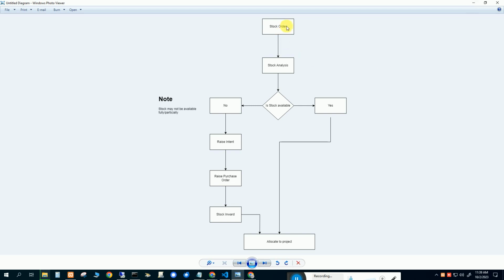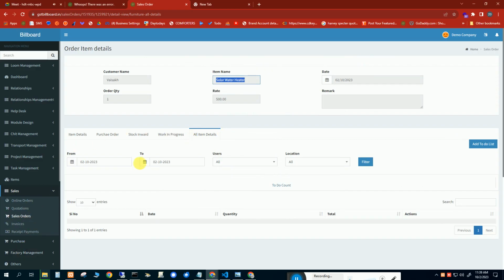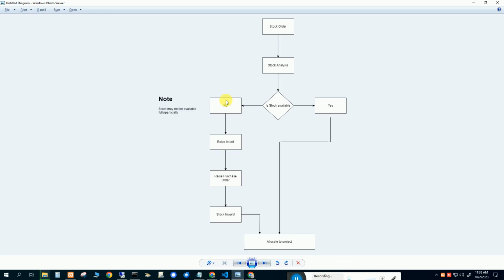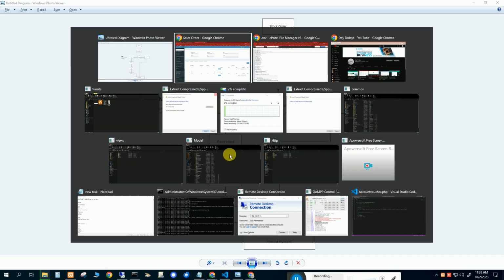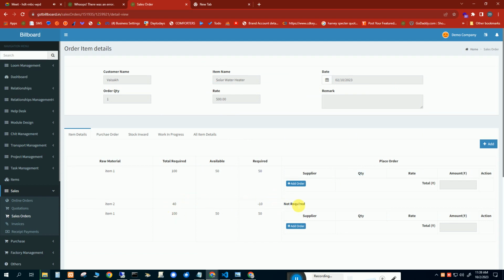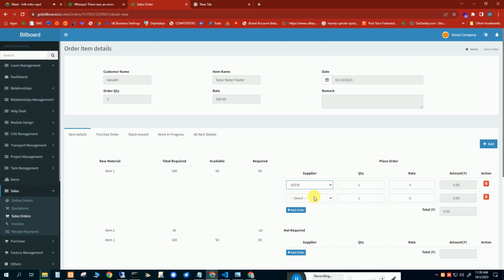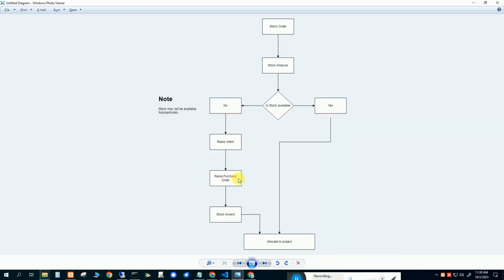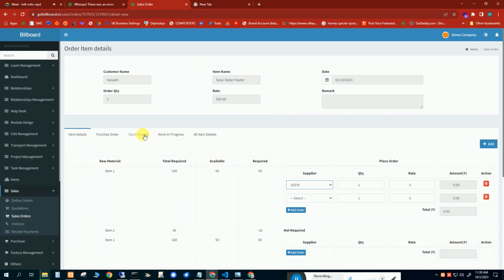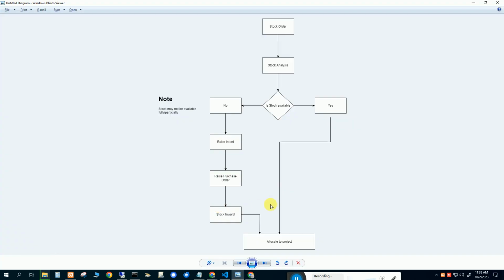So, we have raised the sales order, and this is the stock analysis page. If the stock is fulfilled, we don't need to place any orders, and things will go to work in progress status. If the stock is not available, we have to raise the purchase order. Based on the purchase order, once inward has been done, those inward details will be available in this menu. And the work allocation part we have to work